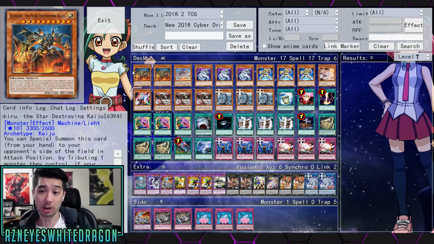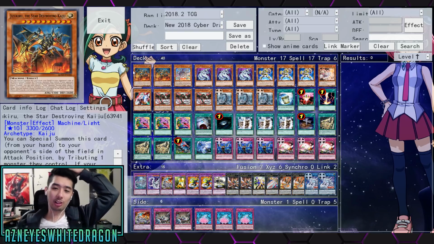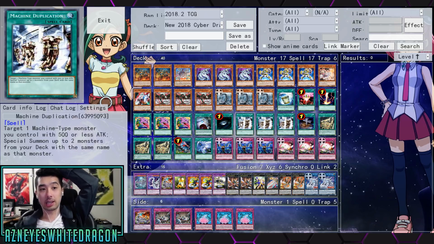For those of you guys that do want to check it out, I've been messing around with it. I feel like a lot of people just quit. Like, if I activate Machine Dupe, they just quit immediately. I was like, okay, what a great video, 10 out of 10. But the thing that I like with this deck is you can actually use Machine Duplicate more than one time,